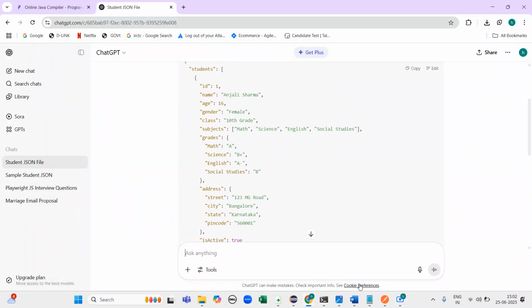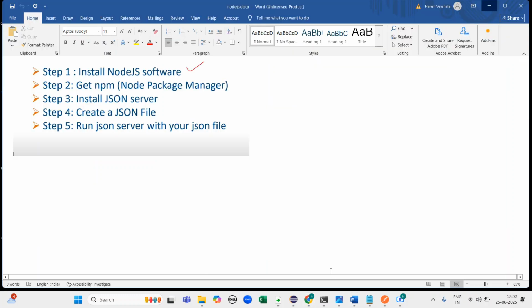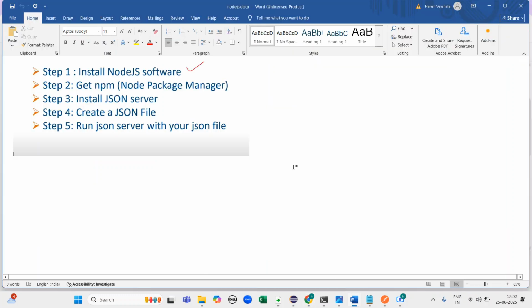Today I'm going to explain how to create our own API. To create our own API, these are the five steps we need to follow. So own API means generally